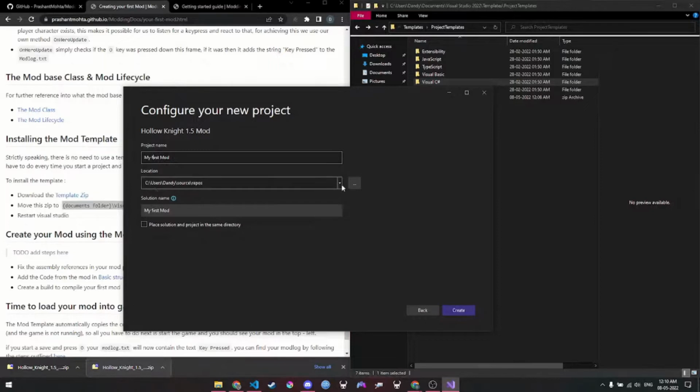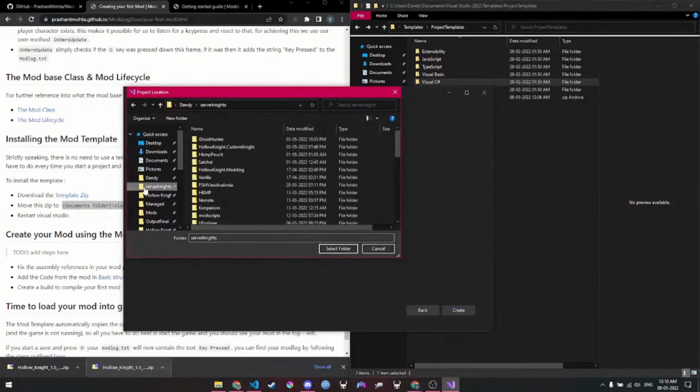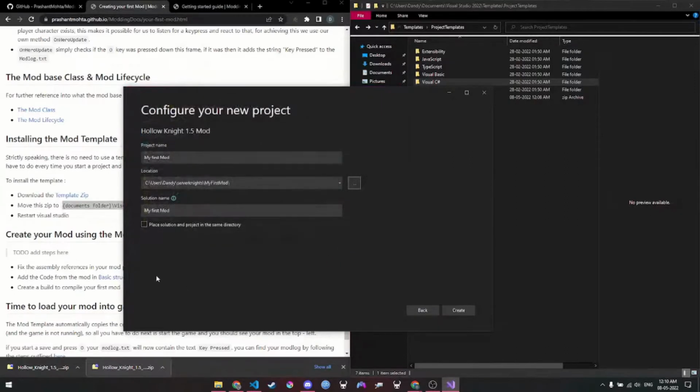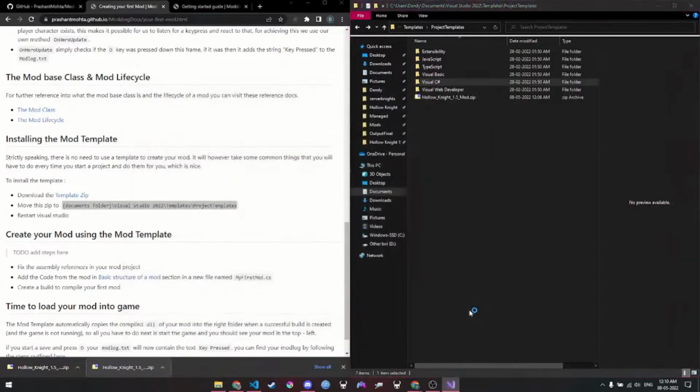Okay, it will not go in this directory. It will go in the server next directory, inside the folder known as my first mod. Obviously, you can name this whatever you want. I'm just gonna select this. I don't actually know what this does, I'll be honest. But I feel like placing things in the same directory is what I want. I don't want a lot of directories. I'm gonna hit create, and